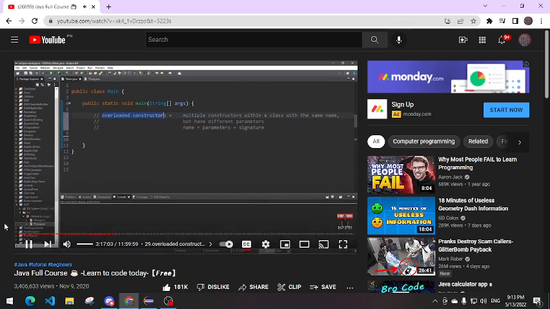Ladies and gentlemen, we're going to be discussing overloaded constructors. These are multiple constructors